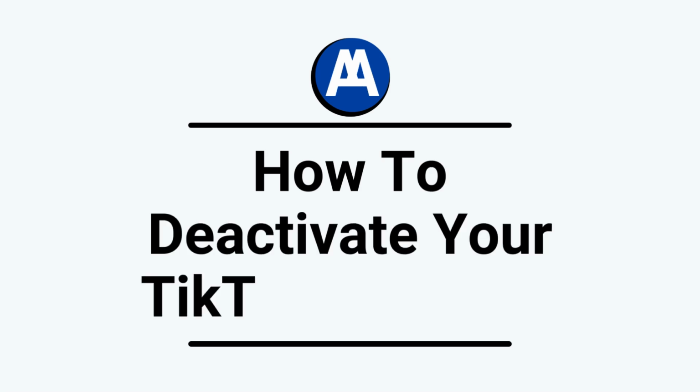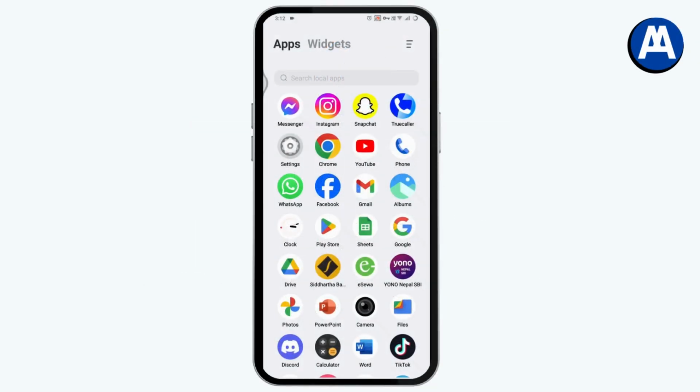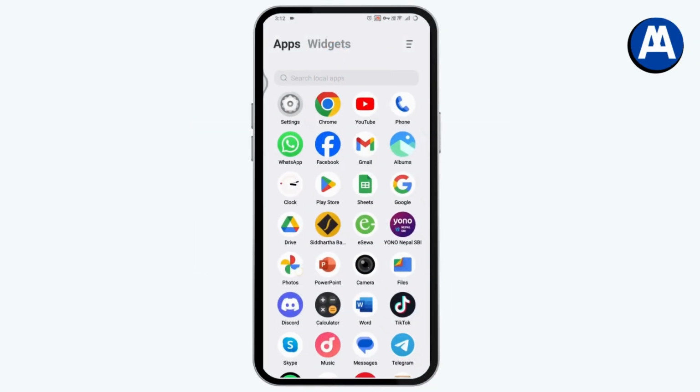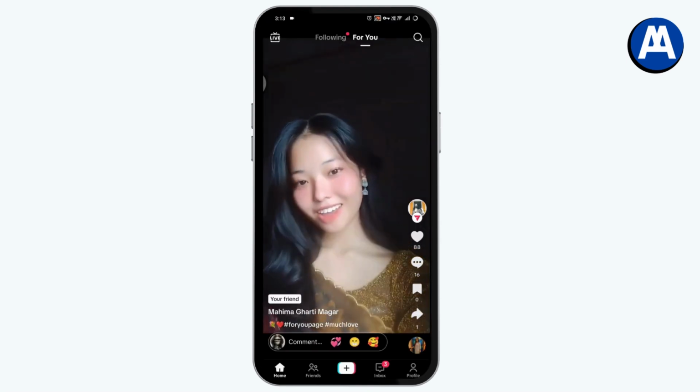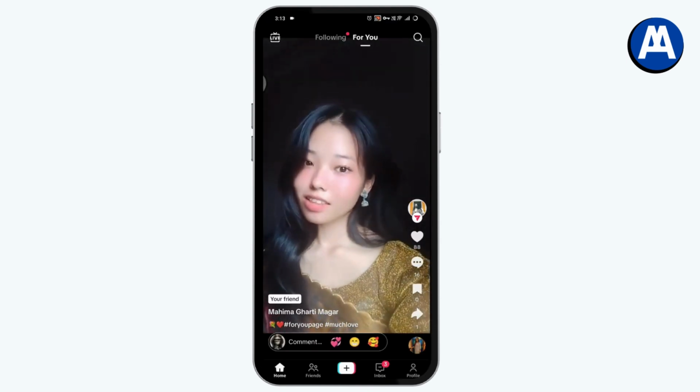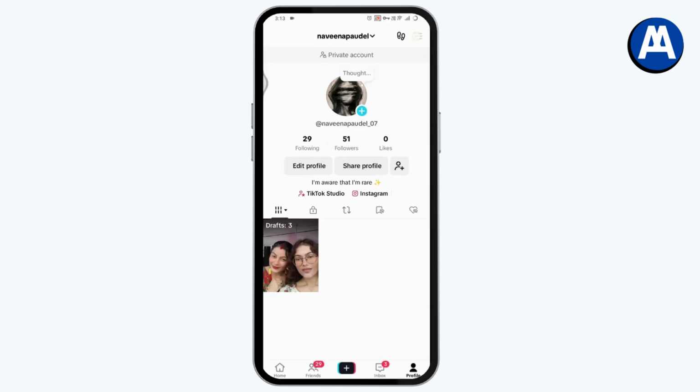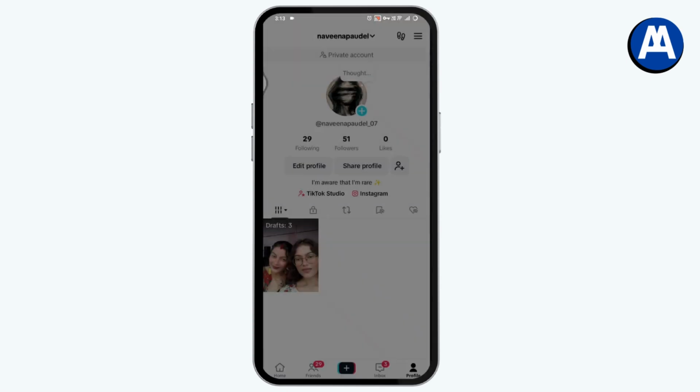How to deactivate your TikTok account. So if you want to deactivate your TikTok account, then first you need to open up your TikTok application. Once you open up your TikTok, now you need to go for the profile, which is on the bottom right. Once you're here on the profile, go for the upper right, which has that three-bar icon, and tap on settings